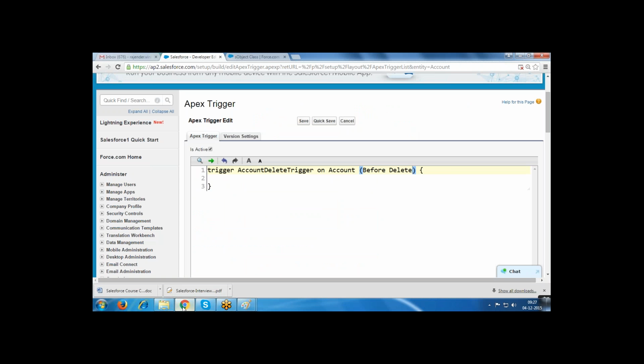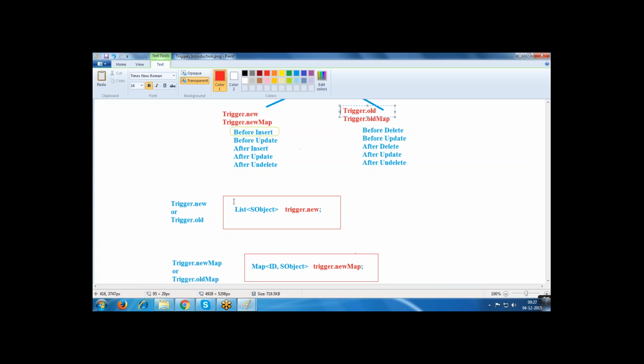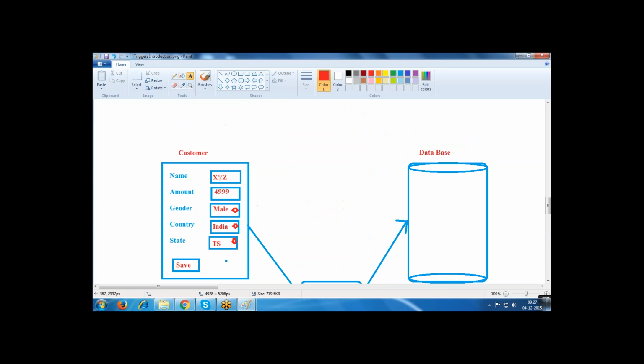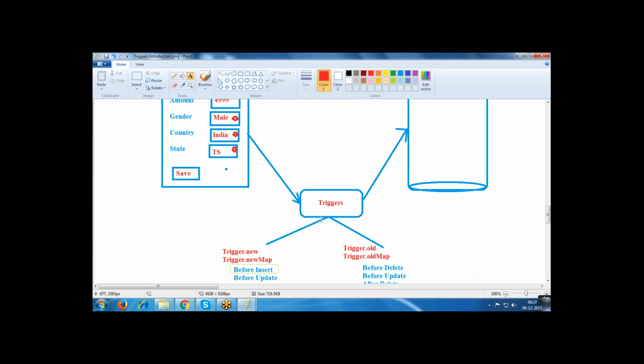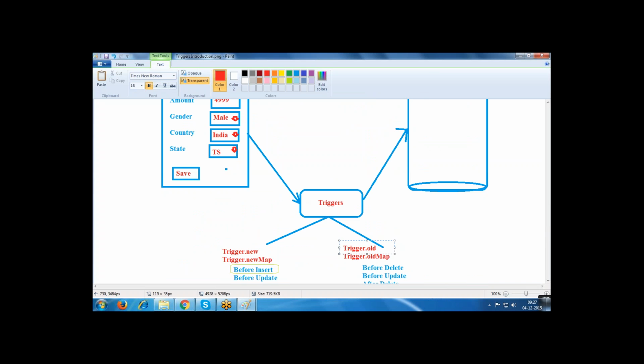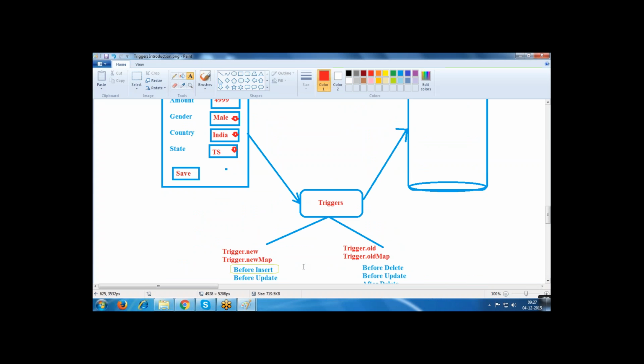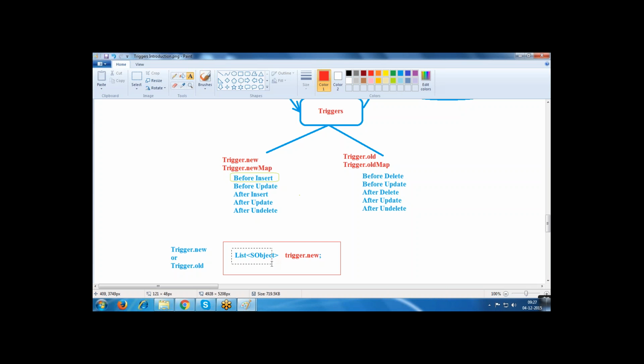Now Trigger.old, what type is it? List of SObject type. Whenever we are deleting this account record, the account record information is stored into Trigger.old. From this Trigger.old, we are using one more local variable, and we are storing that value into a list of SObject type.